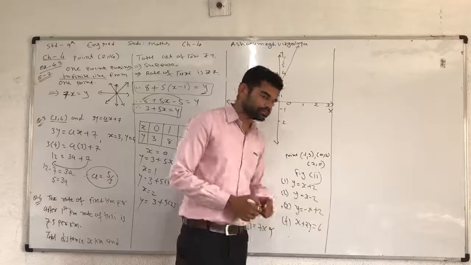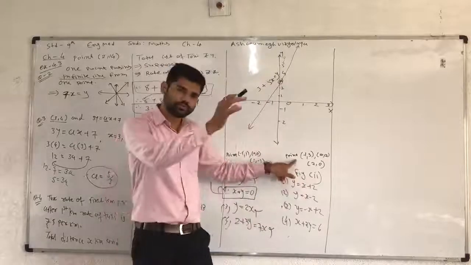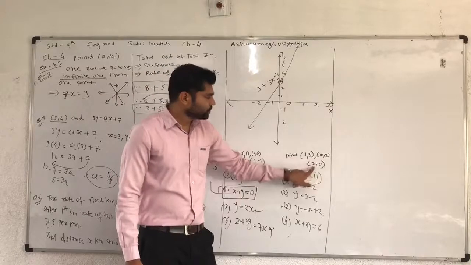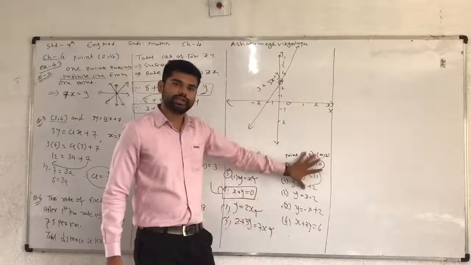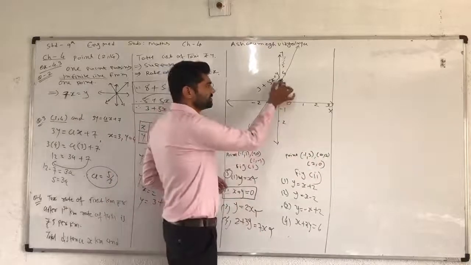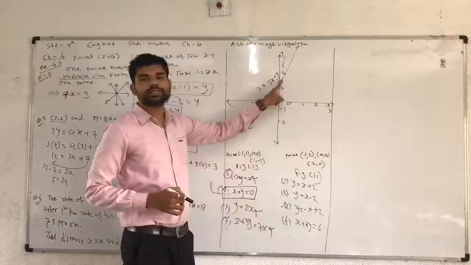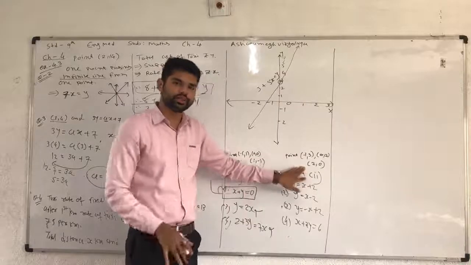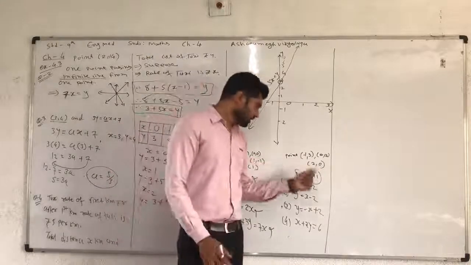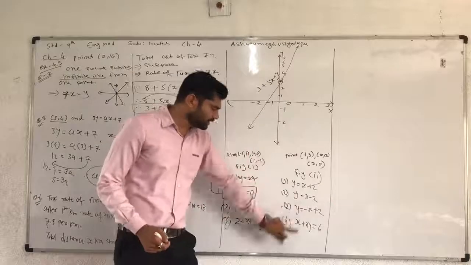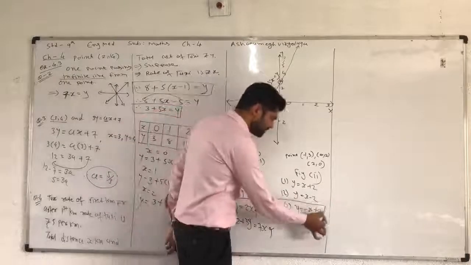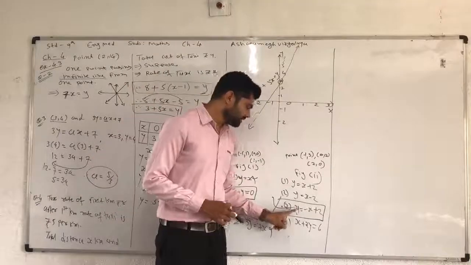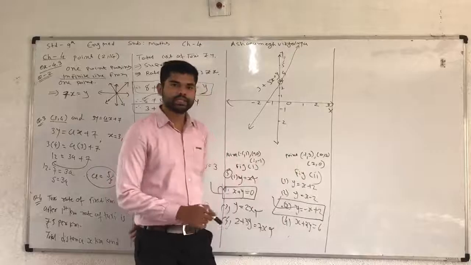Another figure's points you can find from the graph in the textbook question: -1 and 3, 0 and 2, 2 and 0. How can these points be found? So here, according to the graph, which point can be represented? 0 and 3. In a similar way you can find 3 points from the figure given in the question. So all 3 points can be put into the equations 1, 2 and 3. So you can find that equation number 3 satisfies all conditions. It means equation 3 is a solution of the given 3 coordinates.